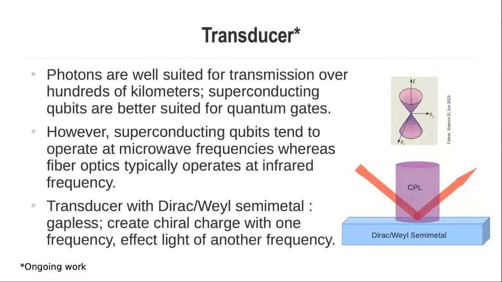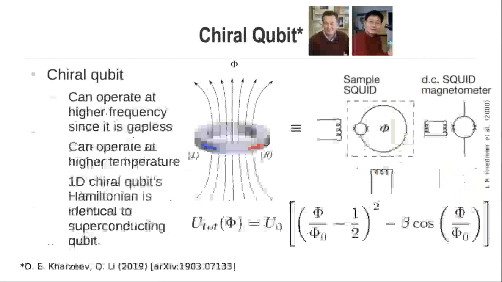So this puts us in a unique place to do that. We're still doing calculations for this. I don't have any numbers to show you, but most of the transducers which work in this region are incredibly inefficient. So we are hopeful that we will be able to do better than that. The second